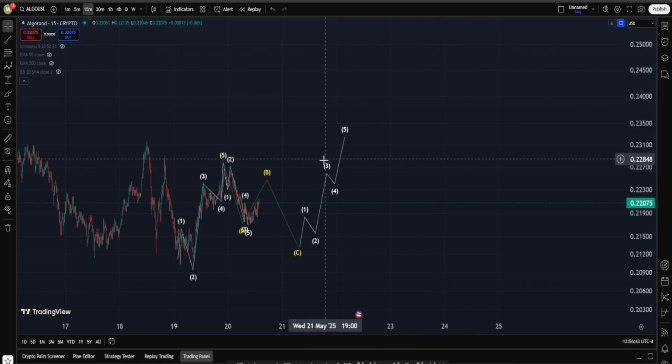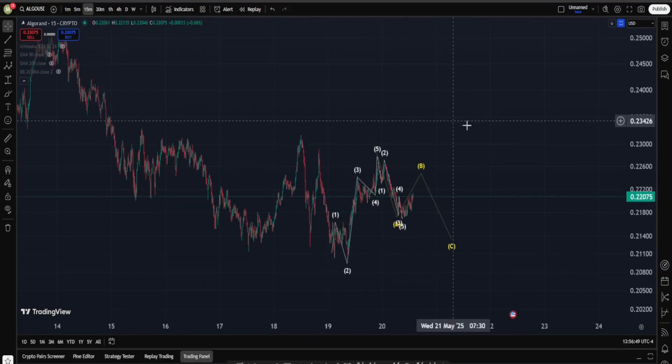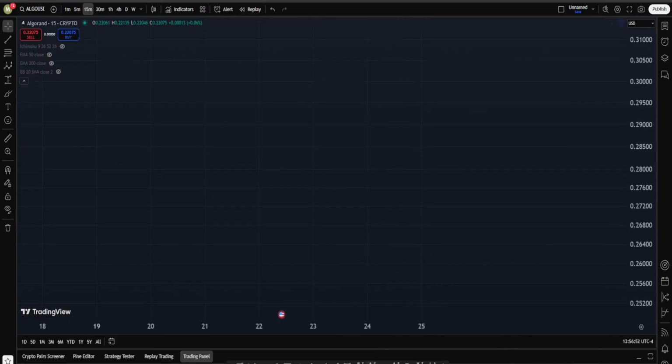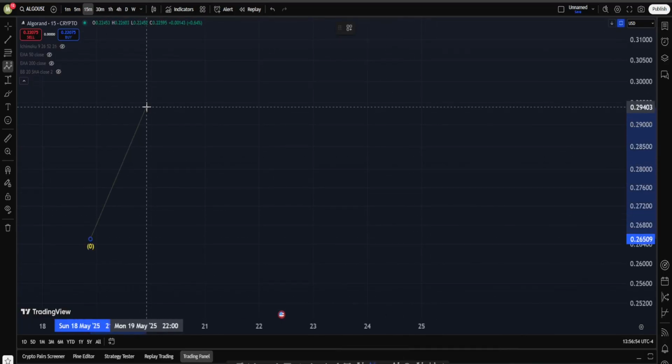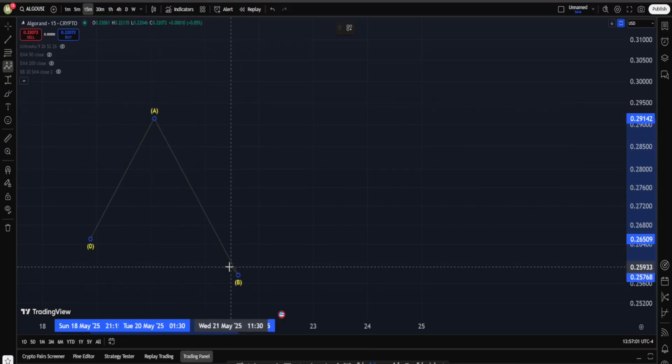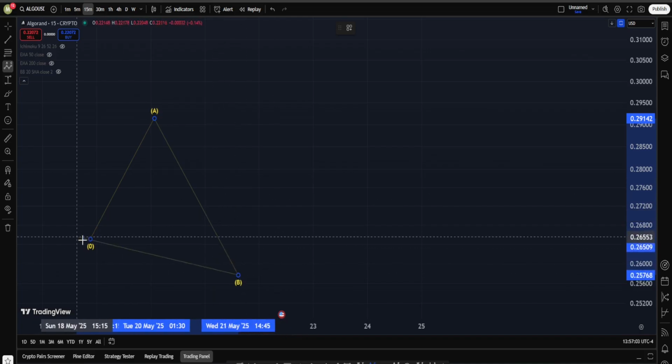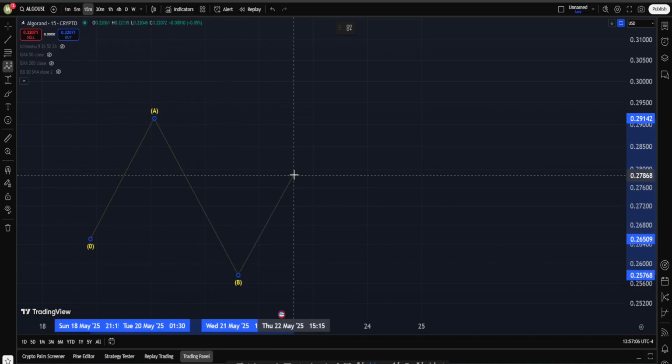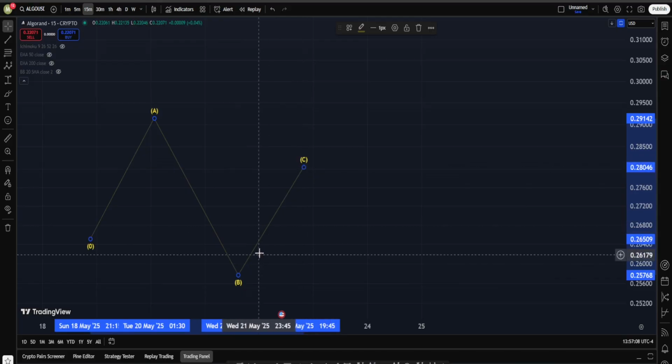Now, can we have another scenario? Absolutely. And in the interest of being objective, the next possibility is going to be the bearish one. I'm going to argue we are having in Algo an ABC running flat, which looks like this. This is our initial move up into A, correction down into wave B. And in this phase, we are going to take this initial low and make another move on the upside into wave